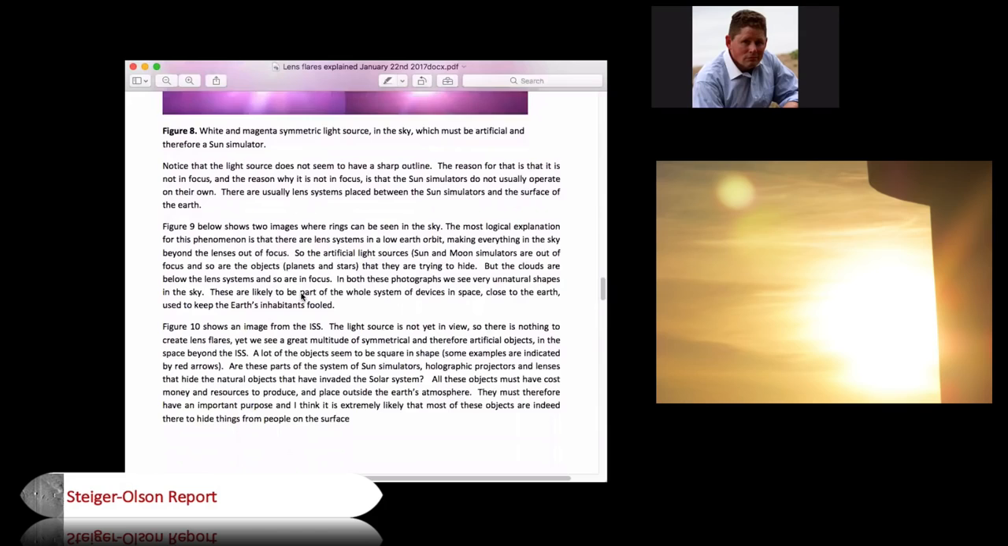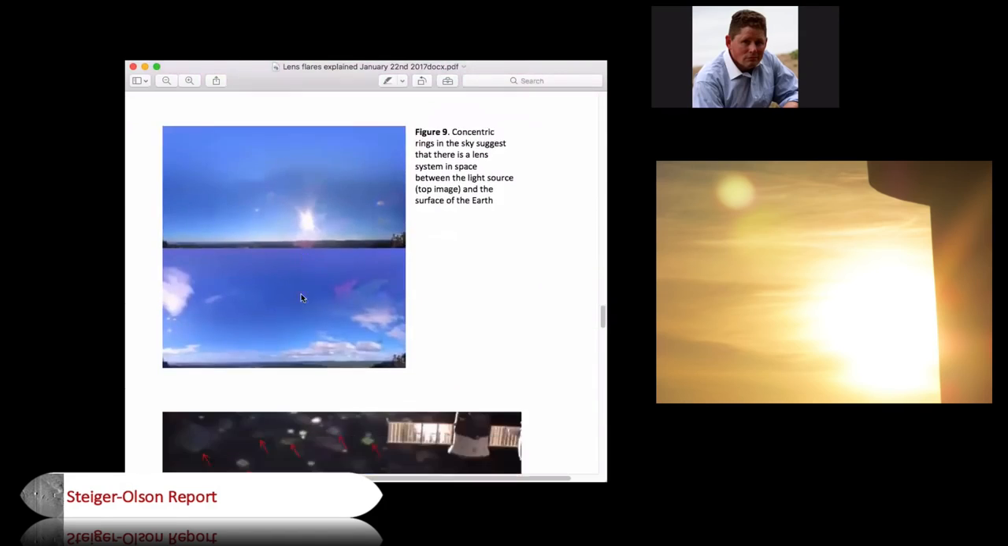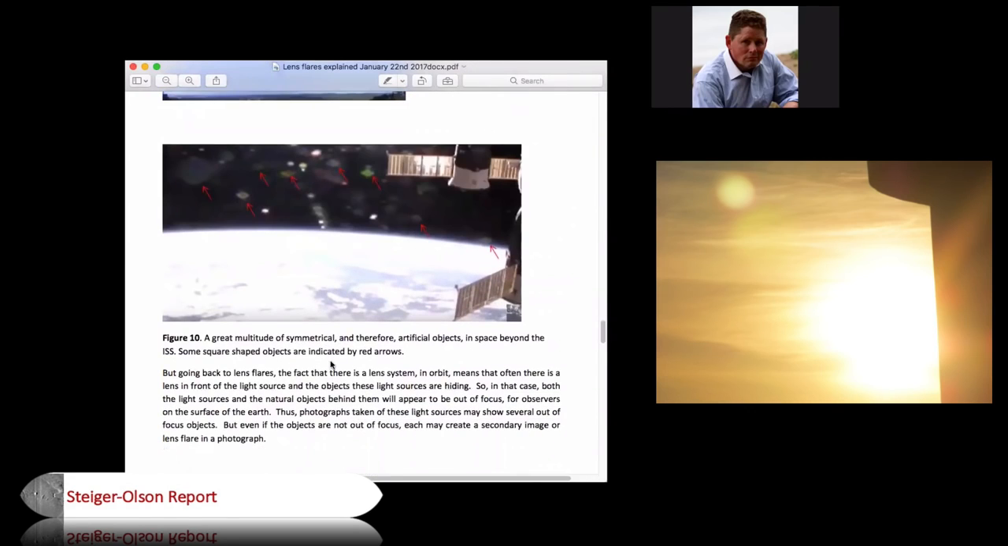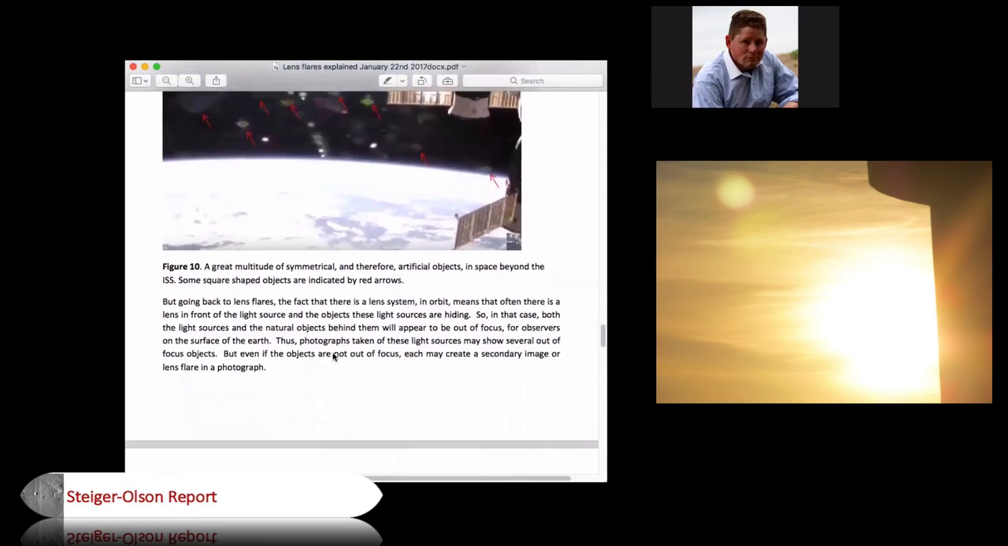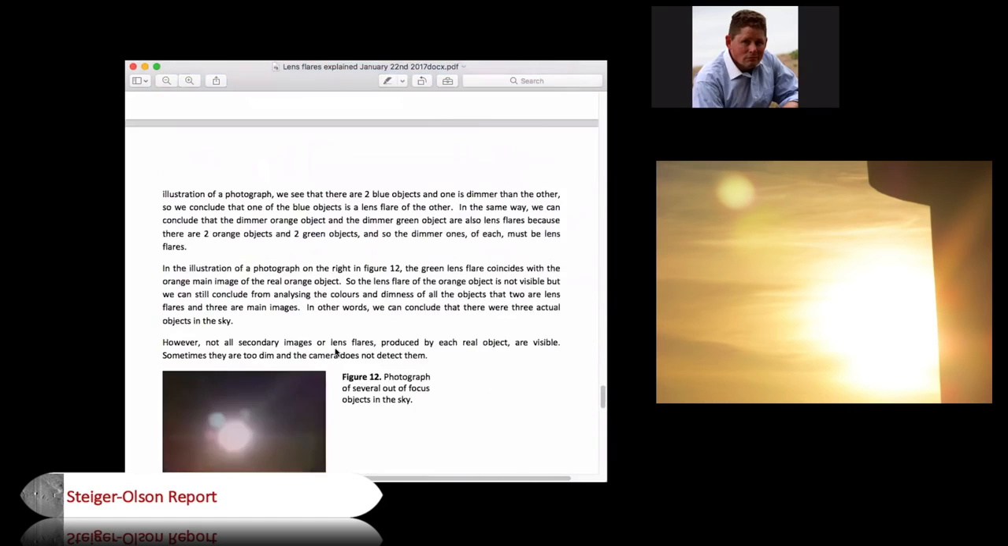I'm going to give it to you this way. I go right to the conclusion of these papers. I'm going to run right down here. Figure 10, we're actually looking at artificial objects in space, as proven and explained by our physicist. And then furthermore, the conclusion at the end of this whole article,